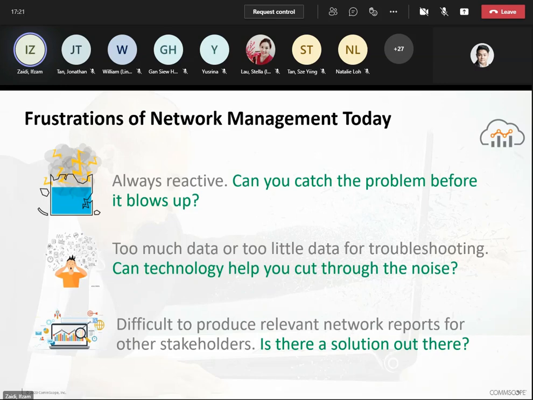And other than that, too little data also gives you some headache. Of course, when your IT help desk assigns an engineer to do the job, the IT help desk needs to make sure that the information is complete. If not, later on, the engineer on site will be mad at the IT help desk because of the lack of information.